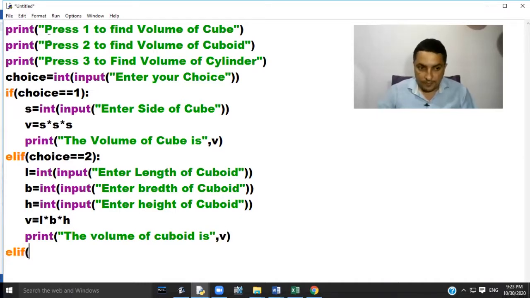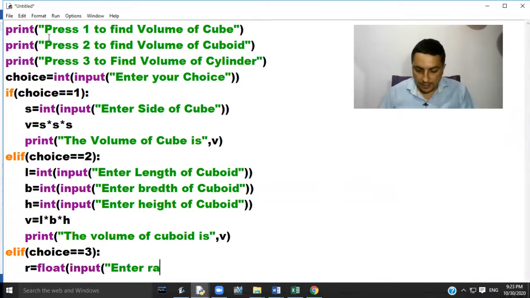Elif choice equal to 3 colon, r equal to float input, enter radius of cylinder.